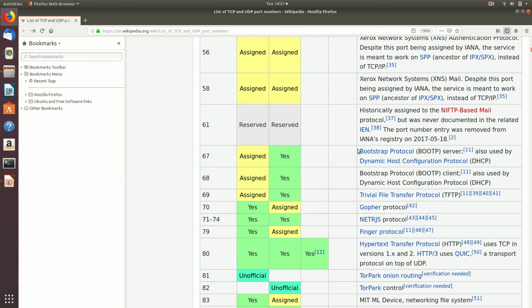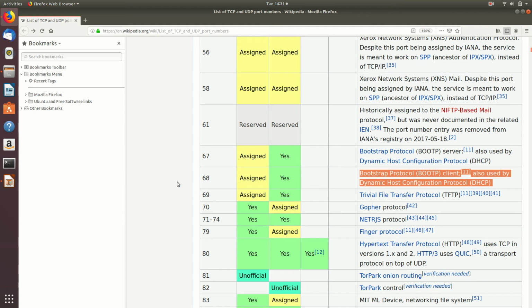The Bootstrap protocol server part uses port number 67, and the same is used by the dynamic host configuration protocol server part. Similarly, port number 68 is used by the Bootstrap protocol client as well as the DHCP protocol client. What is their role in your machine?